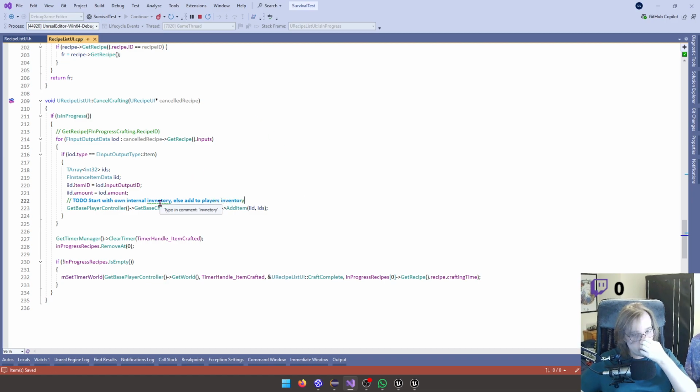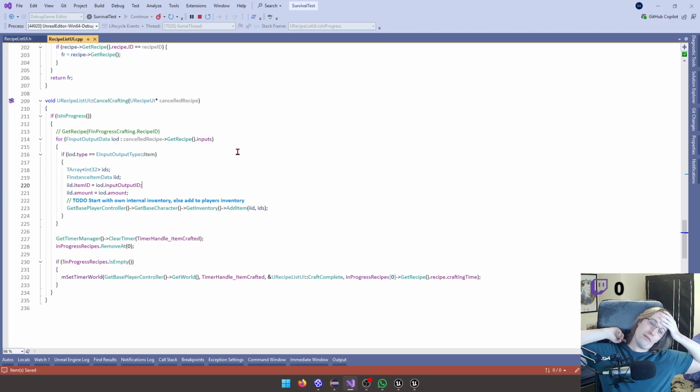So this is where we need to start thinking about the thing that's crafting it. If it's the player that's crafting it, then we just put it straight back into the player's inventory. And if it's the device that's crafting it, on cancel, it should put the items back inside its own inventory, and if there's no space in there, put it back in the player's. So that requires all of